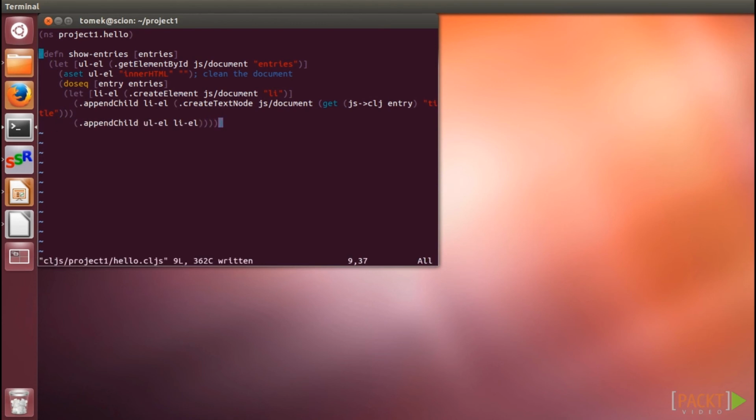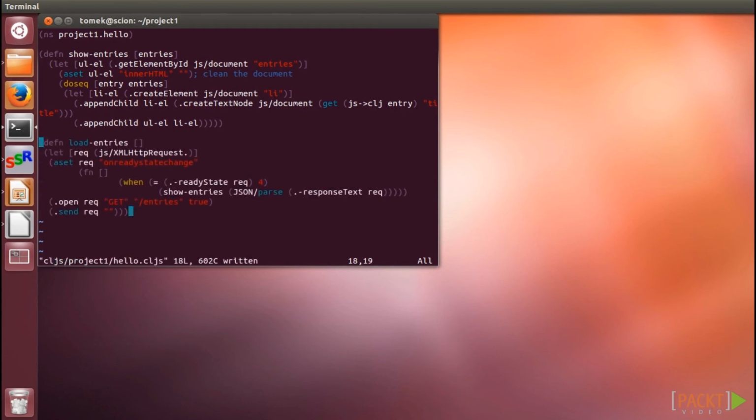Please note that we are iterating the provided data just like we would with a Clojure collection. To retrieve the entry title, we convert the object using the js->clj function, and then we treat it as a standard Clojure map. After that, we need to fetch entries from the backend. We know that there is an endpoint under the /entries path, so we can just invoke it. We will set a simplified callback here that will ignore all the errors and just wait for the state of